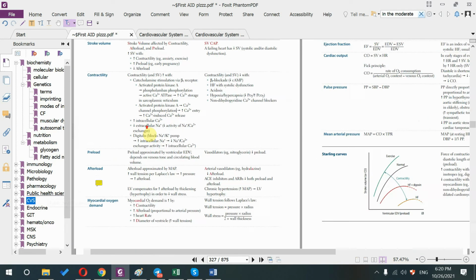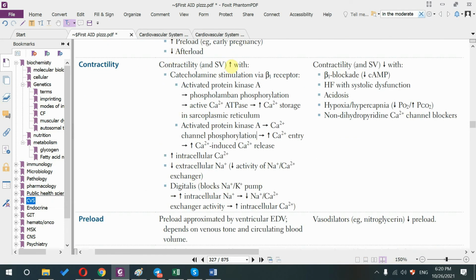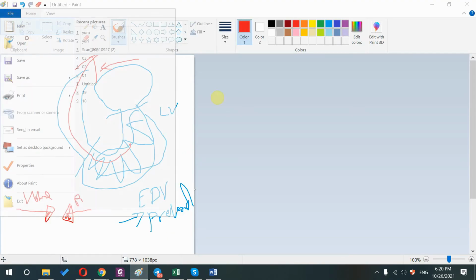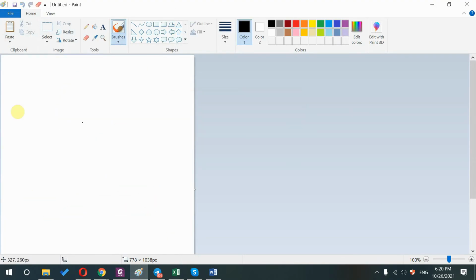So for contractility, the patient will have the following when it increases with catecholamine stimulation. Via which receptor? The beta receptor. So you're like, what is this beta receptor? For those of you who are already doing clinical medicine and forgot about this, we have alpha 1, alpha 2, beta 1, beta 2